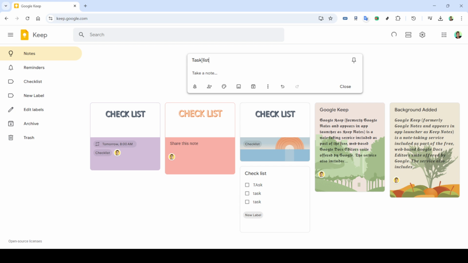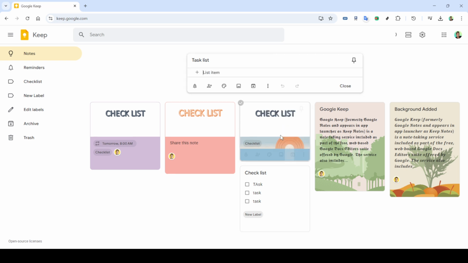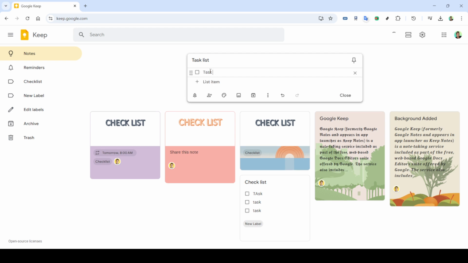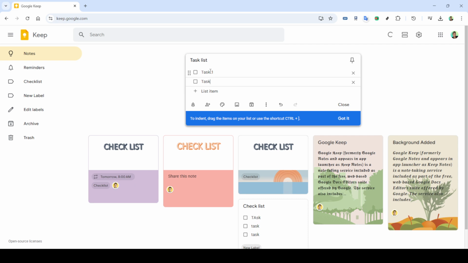After opening Google Keep, you'll want to create a new note or checklist. Look for the Take a Note section near the top of the page. As you click in this area, a new note window will pop up. Here, you have the option to either write a note or set up a checklist. For our purposes, let's create a checklist. To do this, click on the three vertical dots which represent the More menu and then select Show Checkboxes. This will convert your note into a checklist where you can list your tasks with checkboxes for easier tracking and